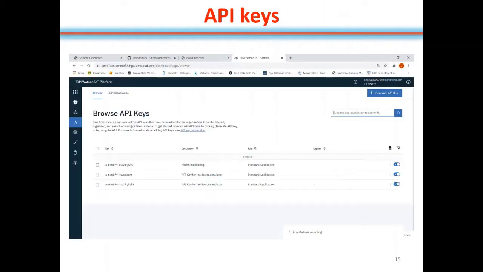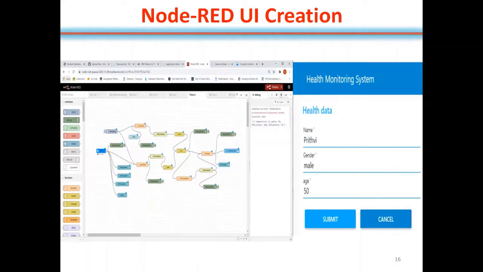API keys are required for the different services in IBM Cloud, such as the database requires one API key, the IoT devices require one API key. The Node-RED service is used to create the user interface, or to show the sensors, the simulators. We can say that Node-RED is used to control the whole system,